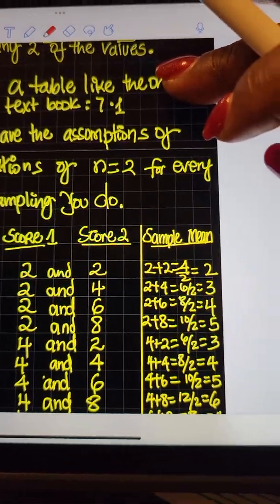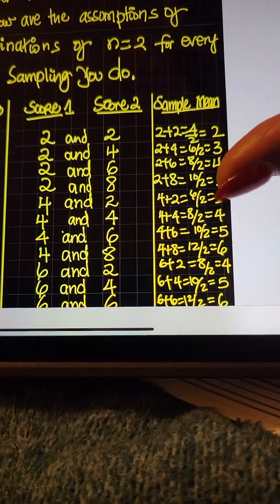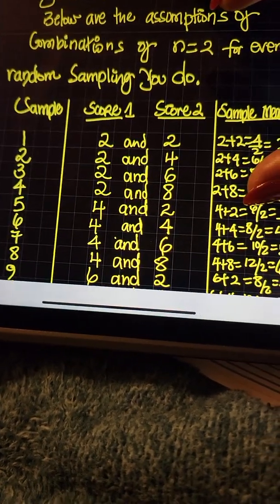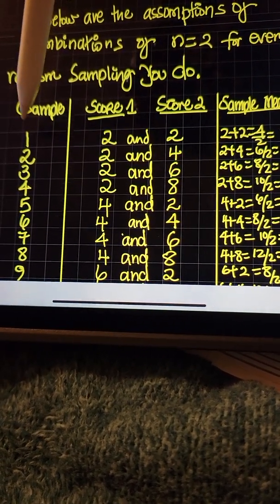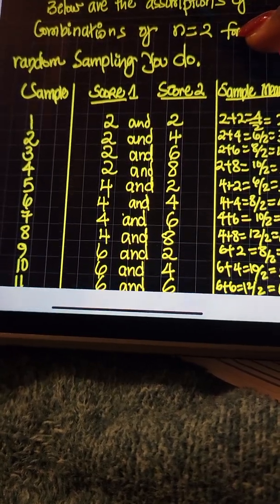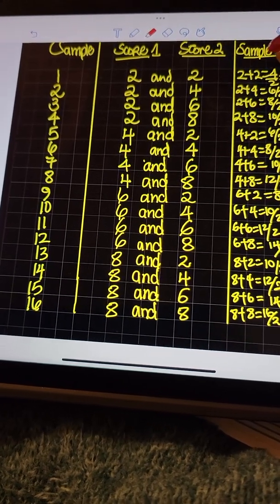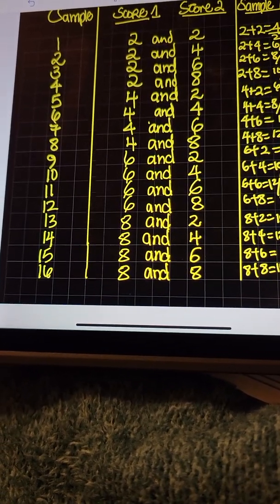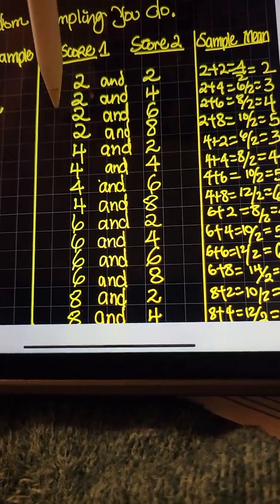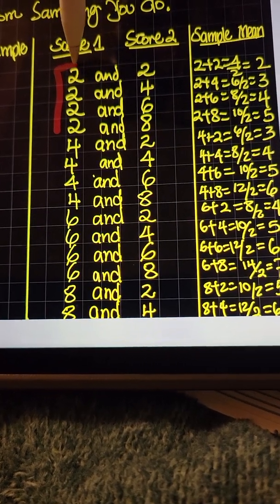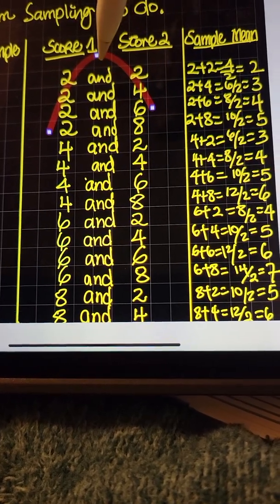This is the table that you're going to create here, which they have created, and I have tried to simplify it or draw it in a way that is a little bit more understandable. So what this is saying is that you can get 16 samples just because of the 4 numbers you have. So where is the 16 coming from? We're going to see. For 2, you have 4 possible ways of drawing a combination that has 2,